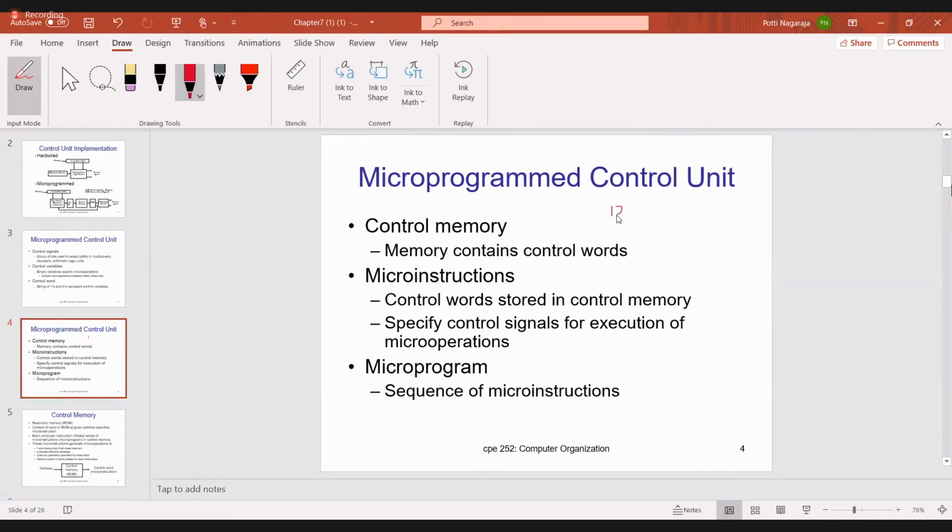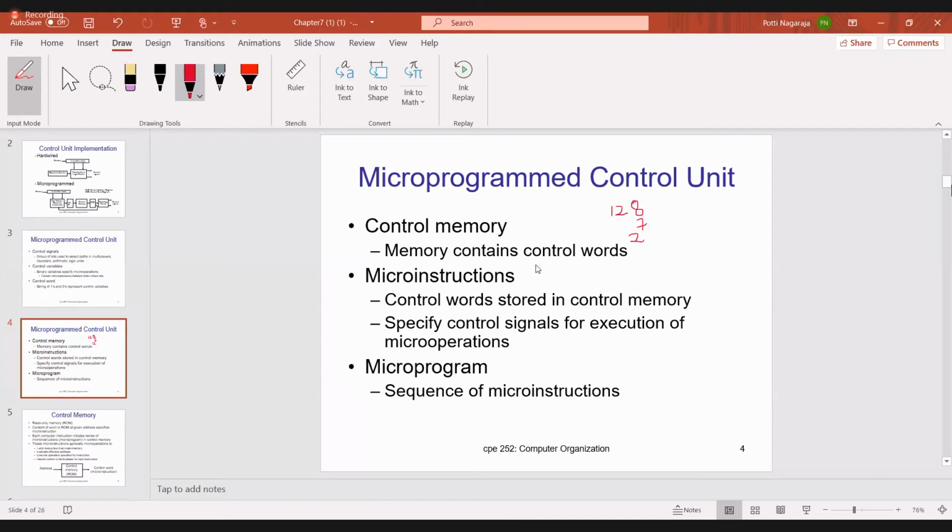How many bits are required to access 128 control words? ఎట్లా రాయాలి? You have to write 128 in the form of 2 power n. What n value will you get? 2 power 7. Do you understand what I am saying?